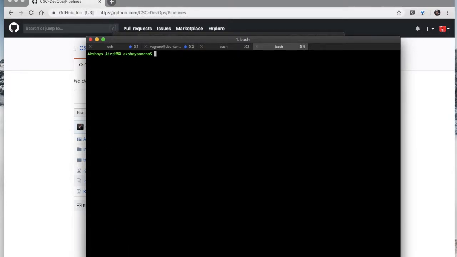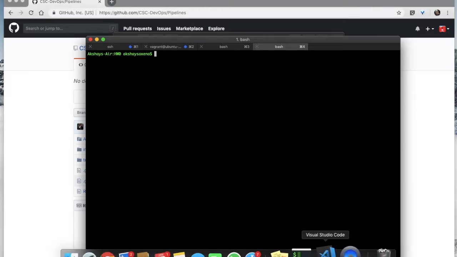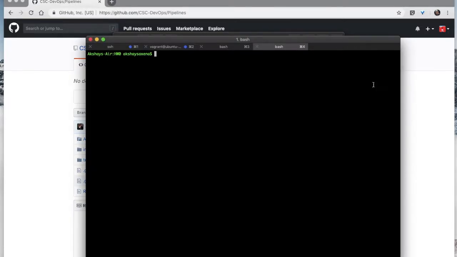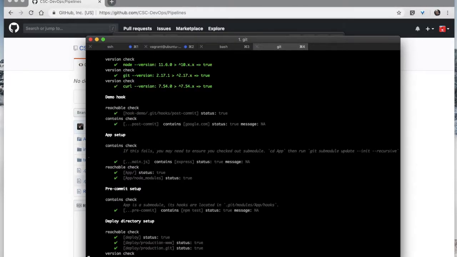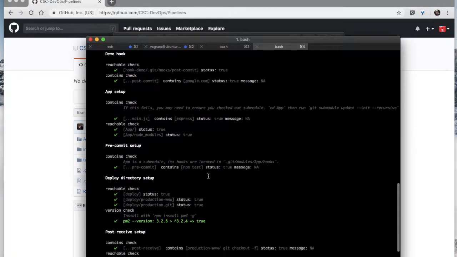So now let us check if we are able to execute all the intermediate steps of the workshop. So to verify all the steps, we use this particular command, opunit verify local, and I'll navigate to my directory where I have already cloned the pipeline's source code, and I'll execute my command over here. And as you can see, I have passed all the test cases,